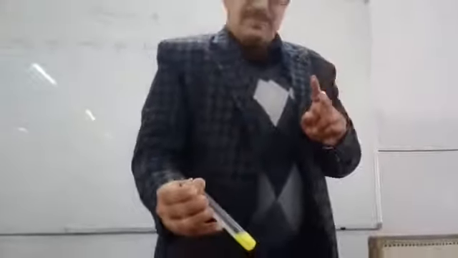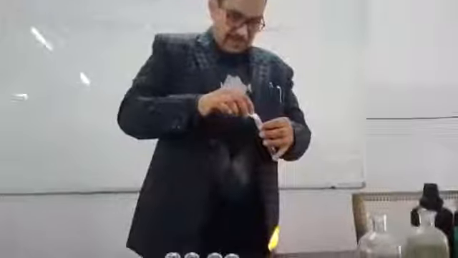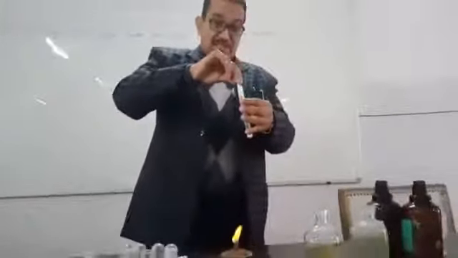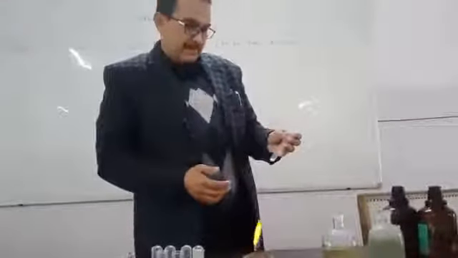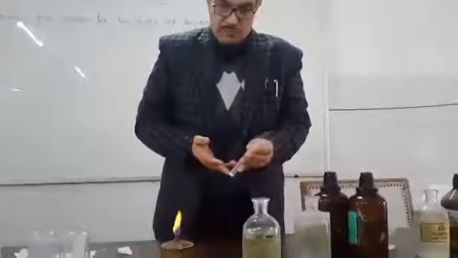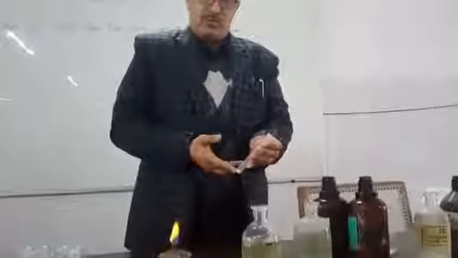We have found three radicals: carbonate, bromide, and cadmium. One basic radical is left, so we identify the fourth radical, the second basic radical, from the next higher groups. We go to the next group, that is group third. Taking a small quantity of the given mixture in this test tube, we add the group reagent of the third group, that is solid ammonium chloride and ammonium hydroxide.